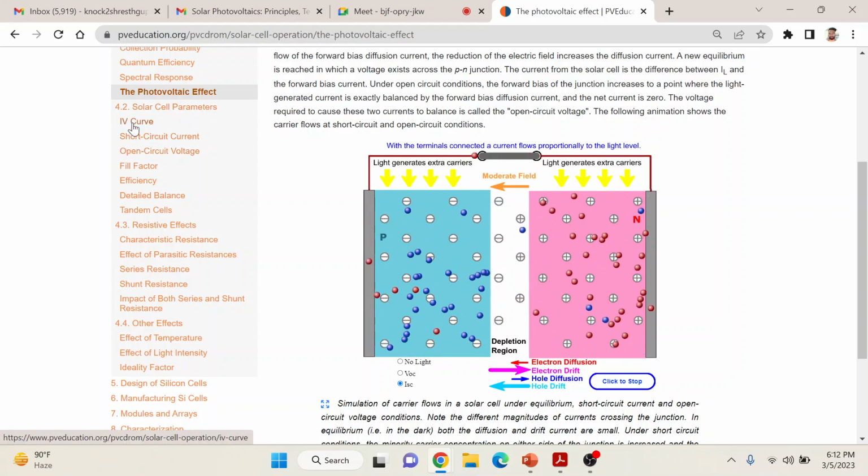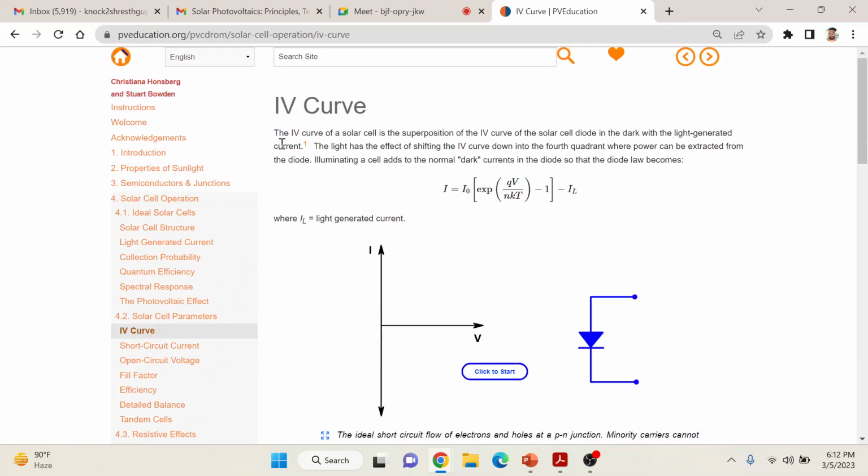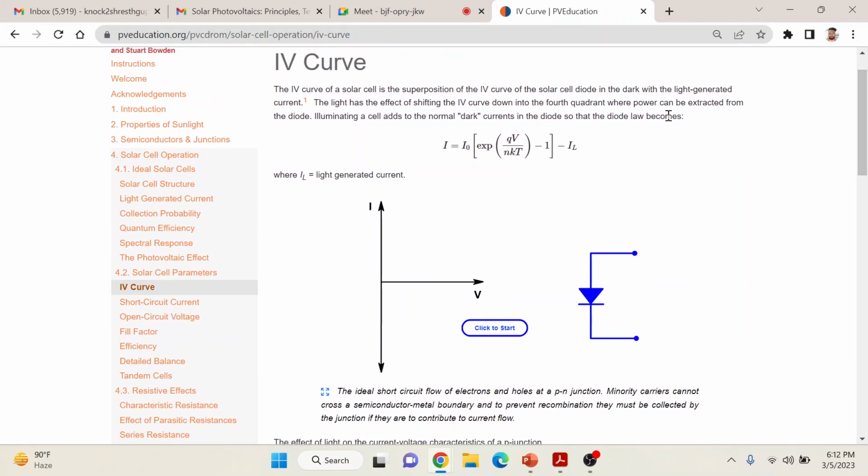So if I start with the IV curve, you can see, the IV curve of a solar cell is the superposition of the IV curve of the solar cell diode in the dark with the light generated current. The light has the effect of shifting the IV curve down to the fourth quadrant where power can be extracted from the diode. Illuminating a cell adds to the normal dark current in the diode, so that the diode law becomes: